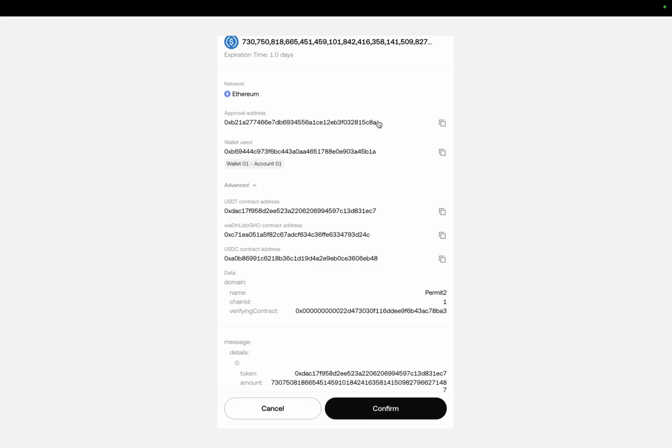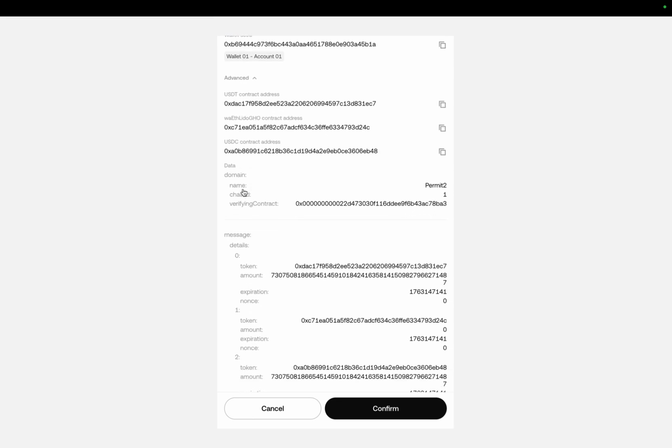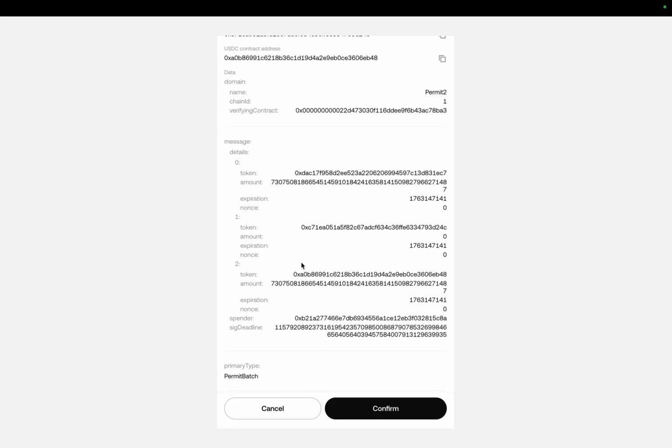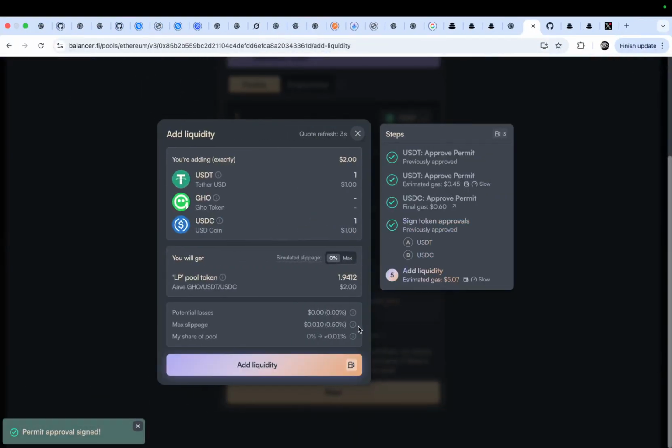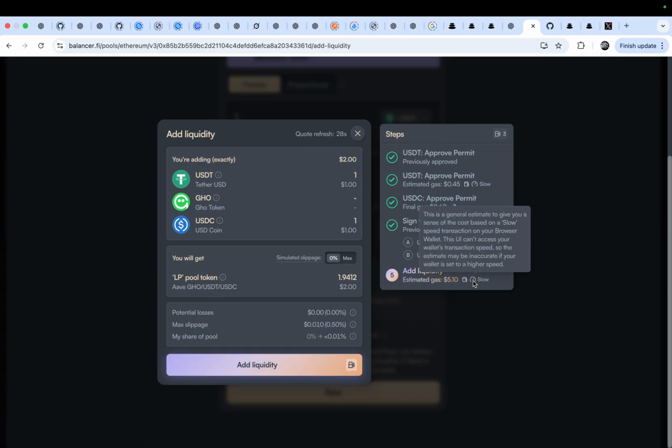Okay, this is my address, the wallet. This may not be my address. Okay, confirm. The gas fee is a little bit high. It gives you a sense of cost based on slow speed transaction on your browser wallet.